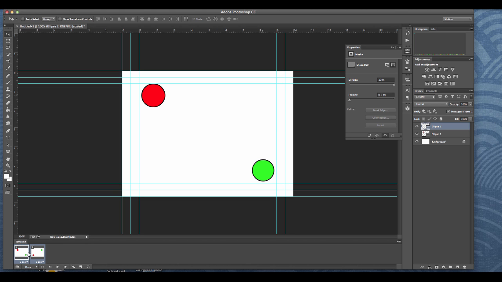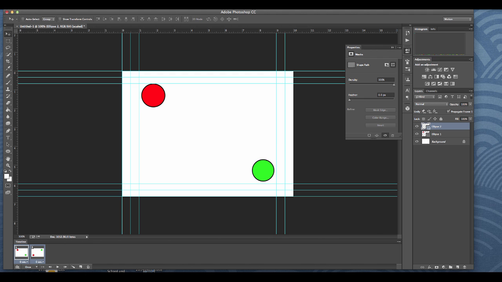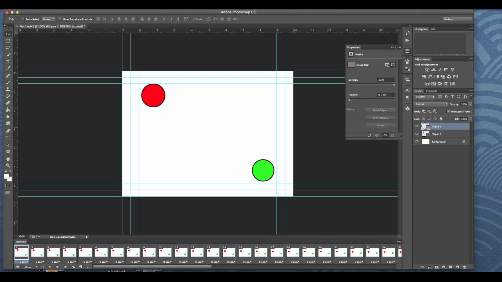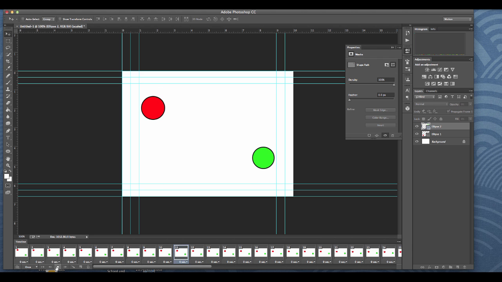And then the next thing is I want to tween these animations. So this little button down here on the bottom, I can select this, and I want to tween, say let's do about 2 seconds of time here. So I'm going to say about 60 frames I want to select. Okay, so now you can see I have a larger amount of frames in front of us, and if I was to play this back from the beginning, you can see now it kind of flips through